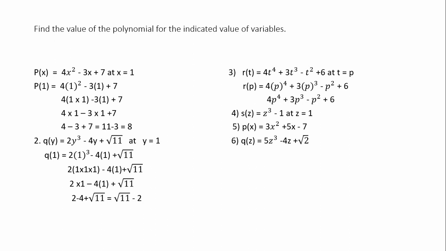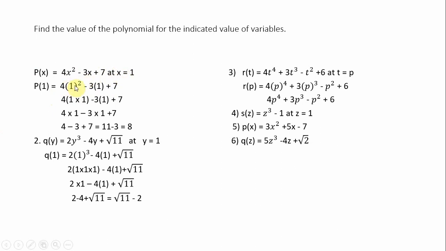So P of x is equal to 4x square minus 3x plus 7 and you have to find out the value of the polynomial at x is equal to 1. So when you are given a value against the polynomial as P of 1, you need to find out P of 1, which means x should be replaced with 1. The first step: P of x is equal to 4x square, must be written in your brackets first. 4 into 1 square minus, the symbols will not be changed, 3 in the place of x I am writing here 1, plus as it is 7. No change in the polynomial except in the place of x we will be writing the 1.